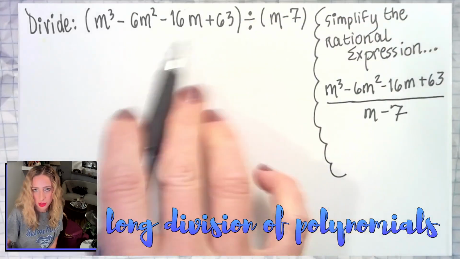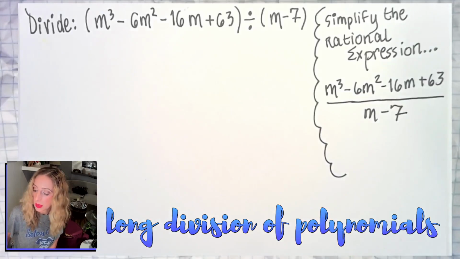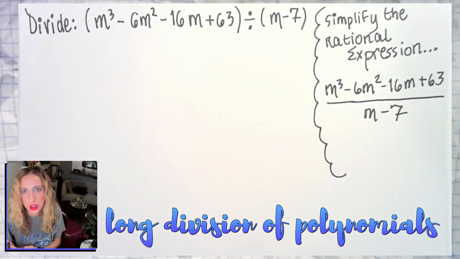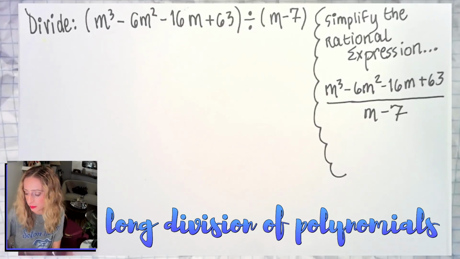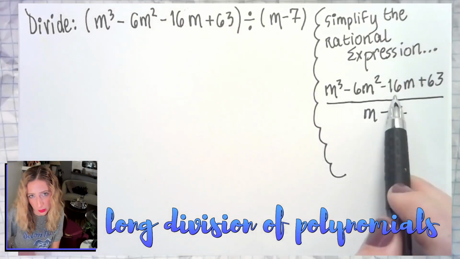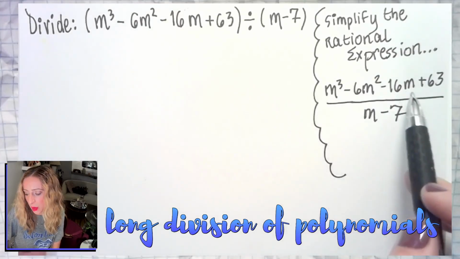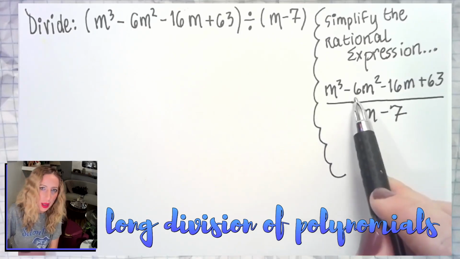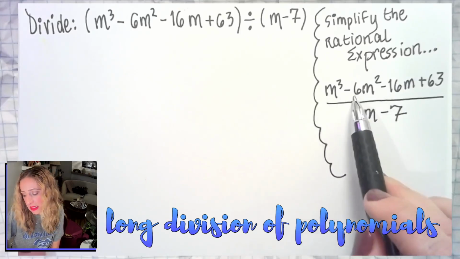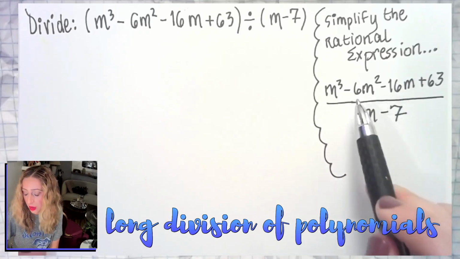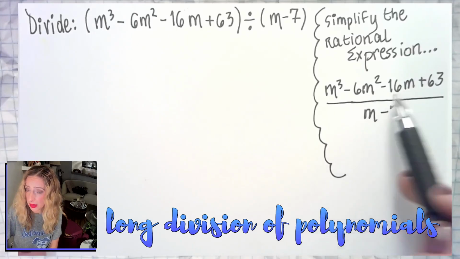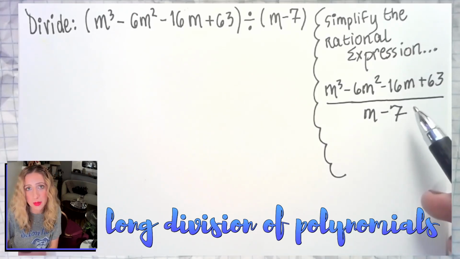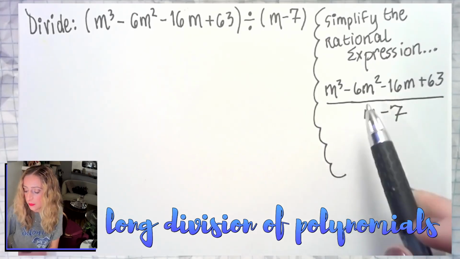Fractions, horizontal division, it's all division. It's all the same thing. You just might have to use context clues to figure out which technique or strategy is going to be best. If we were to do this the way we practiced in class, you would probably start by factoring everything completely. We've gone over 5 factoring methods so far, and if I tried any of the methods that we know, such as greatest common factor, grouping, sum or difference of two cubes, difference of squares, and AC method with grouping,